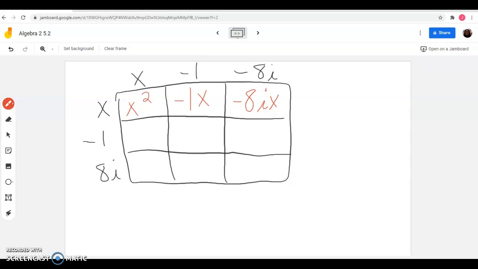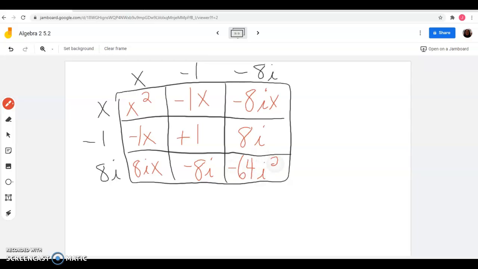All right, if I go to the middle row, I'm taking negative 1 times everything on the top. So I have a negative 1x here. I have positive 1 because it's a negative 1 times a negative 1. And I have a positive 8i. And then I take 8i times everything. So I have a positive 8ix, a negative 8i. And for the last one, it's 8i times negative 8i. So it's negative